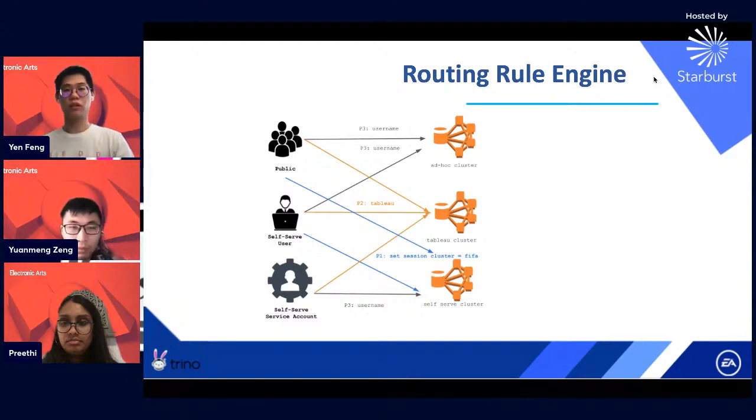So in here, you can see the gray line is routing based on the username. By default, human user, the first two, human public and self-serve user, will go to the ad hoc cluster. But if we detect that this query is coming from a self-serve service account, we'll send the query to the self-serve cluster. So that's the gray line. The second one is the orange line, the P2, Tableau. So it has a slightly higher priority, meaning that all three